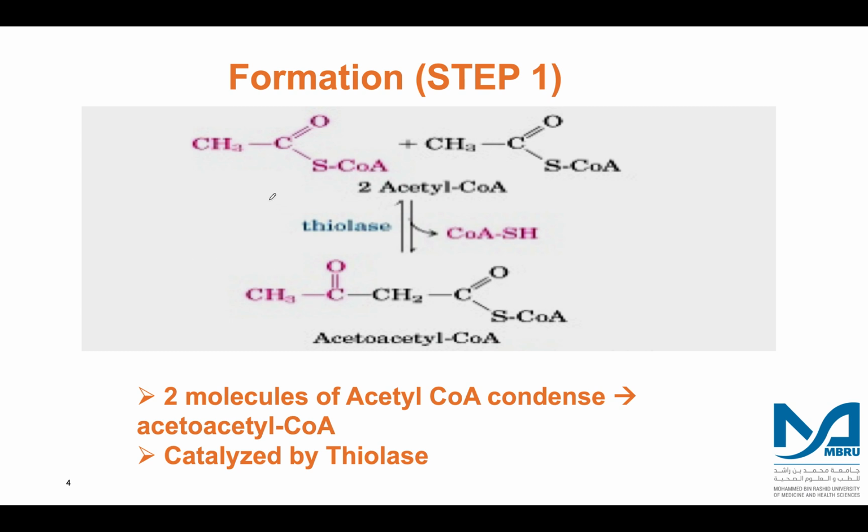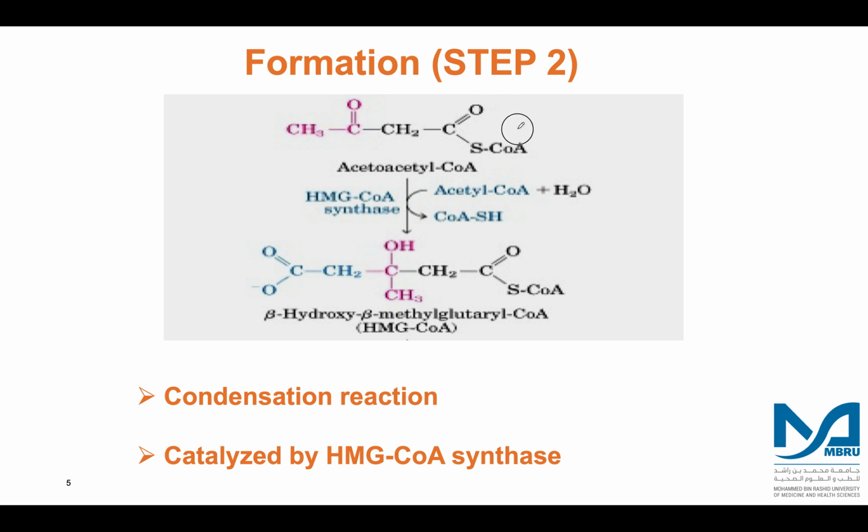So in the first step, I have two acetyl coenzyme A molecules, and these two acetyl coenzyme A molecules undergo condensation by the catalytic activity of the enzyme thiolase, and this leads to the production of acetoacetyl coenzyme A. And you can see here in the process, one molecule of coenzyme A is released. Now once I have acetoacetyl coenzyme A, this metabolite, in the presence of acetyl coenzyme A and water, is converted to beta hydroxy beta methyl glutaryl coenzyme A,